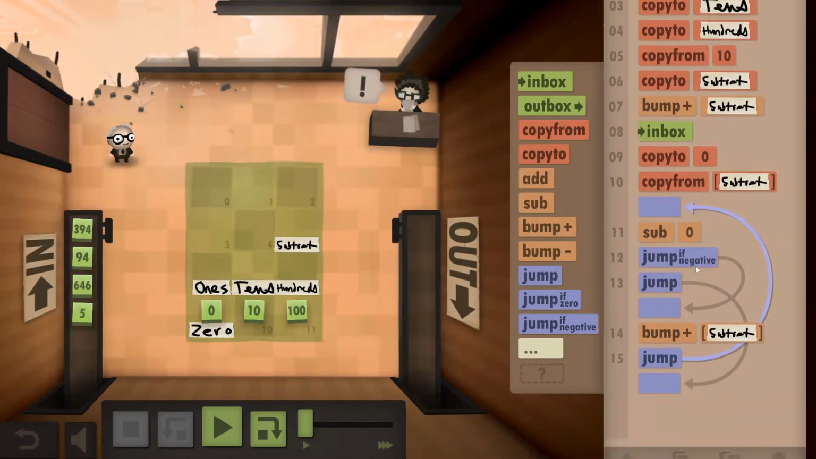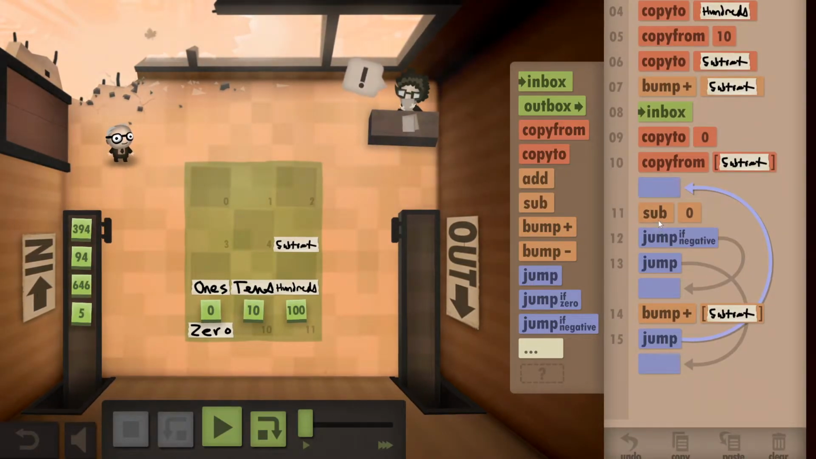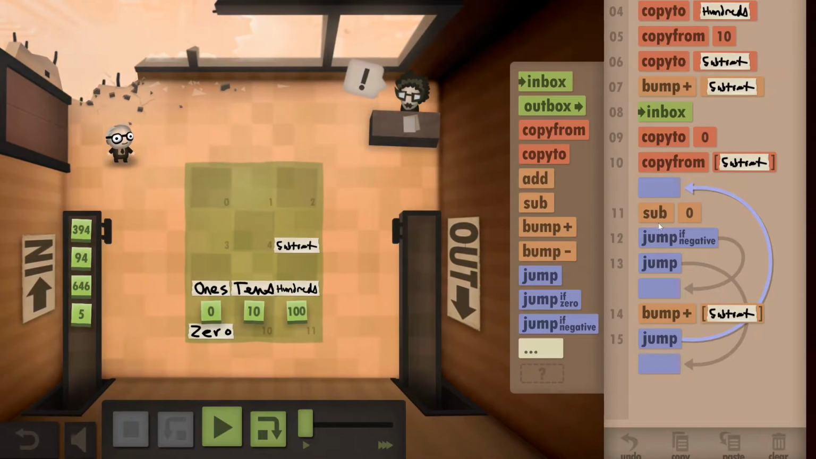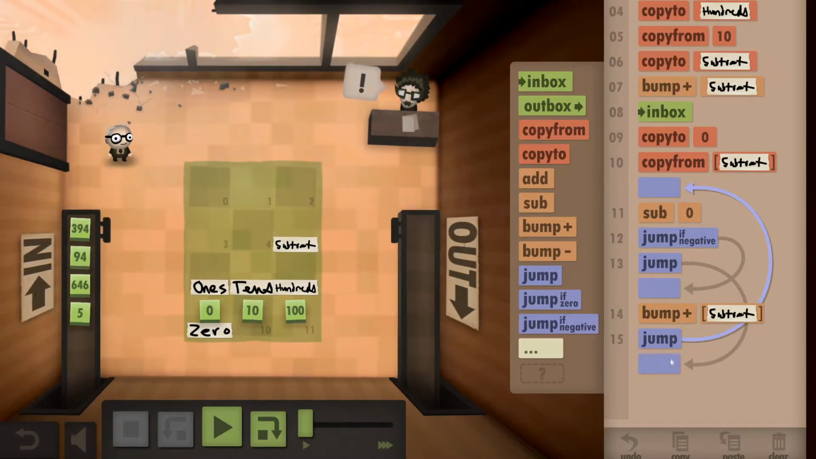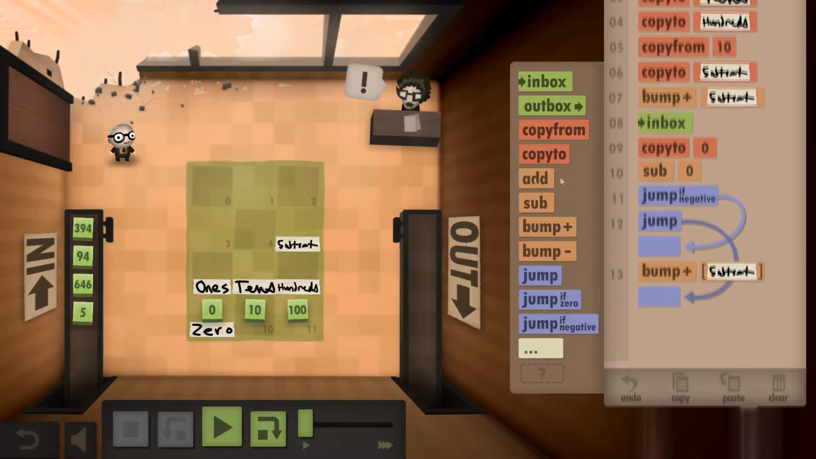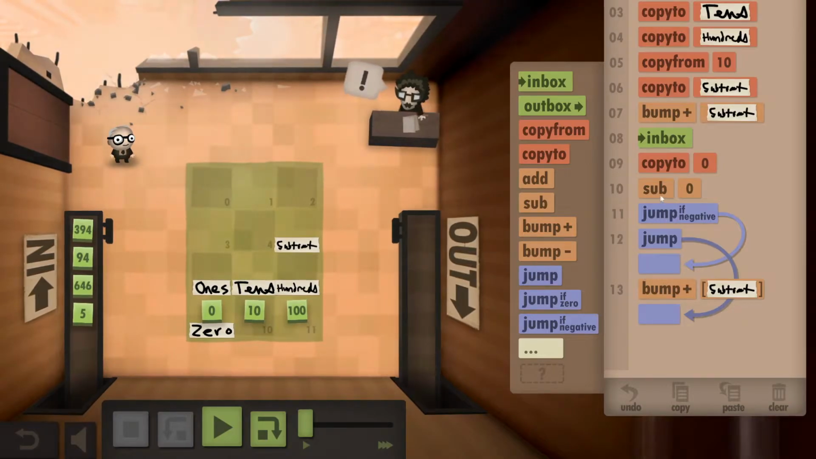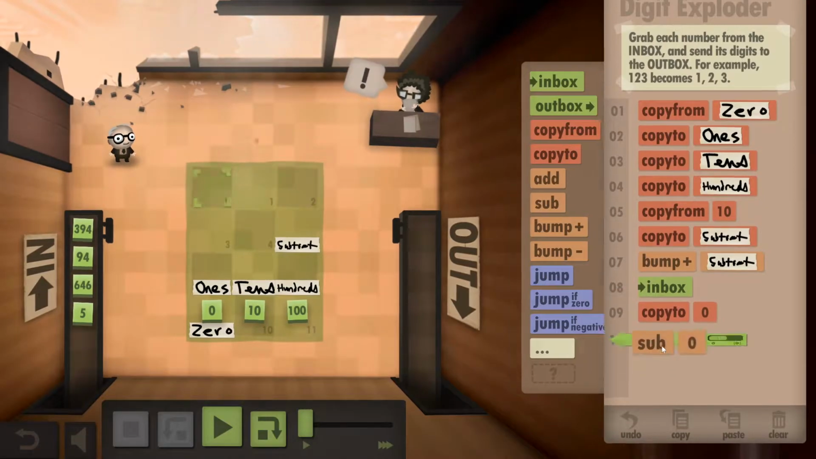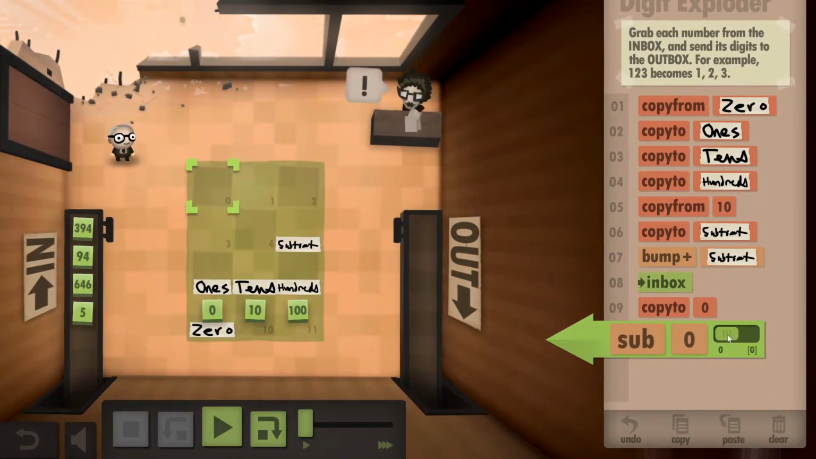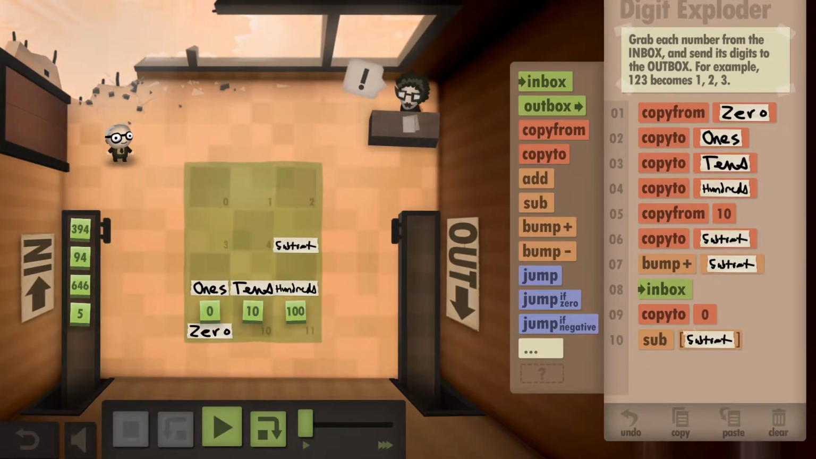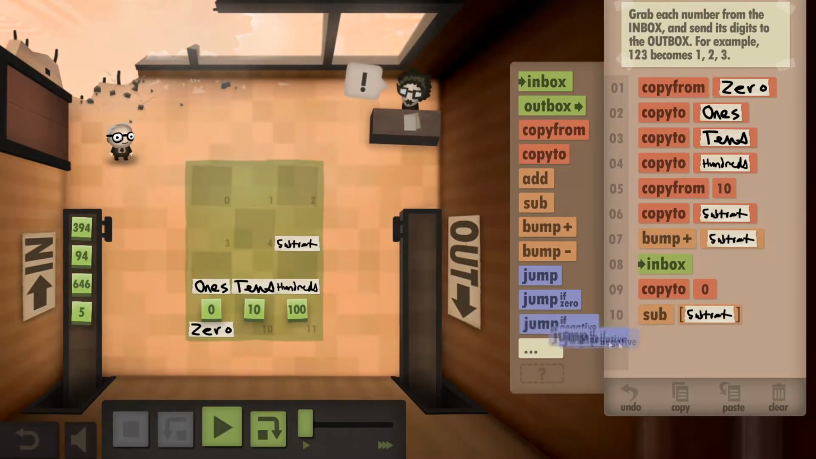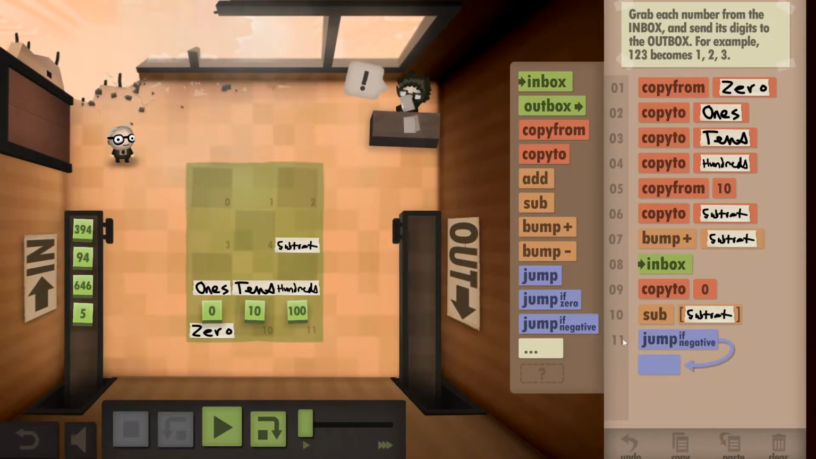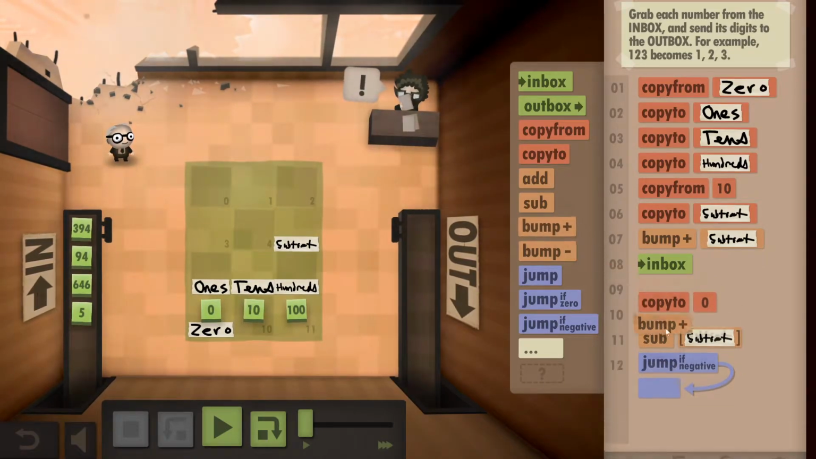Otherwise, we, oh boy, okay, so this isn't quite gonna work, I don't think. So let's do it the other way around, and we'll figure out how that goes. So we'll copy to 0. We will then subtract the number, and that will not be negative. If it is negative, that's when we run into problems. But until it is negative, we want to bump up